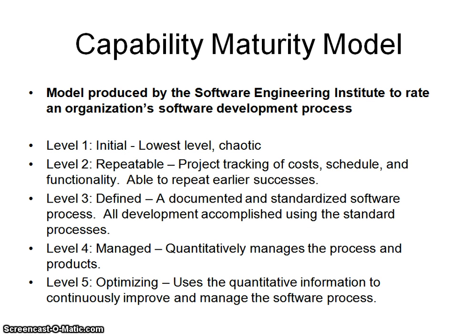In level 1, that is the initial level, a project is executed in a manner that the team and project manager see fit. The level 2, that is the repeatable level, applies when established project management practices are employed, although organization-wide processes may not exist. At the defined level,